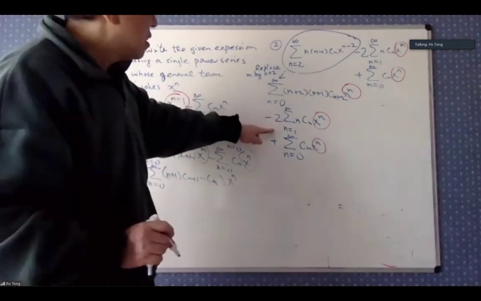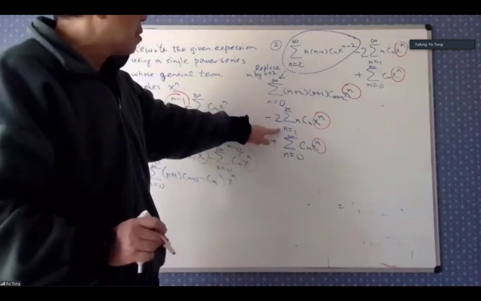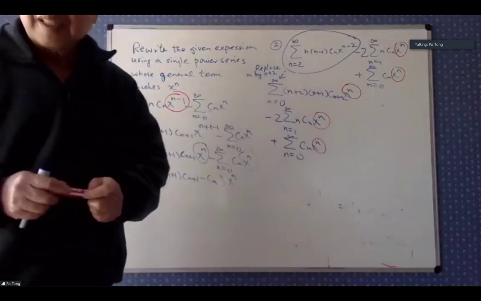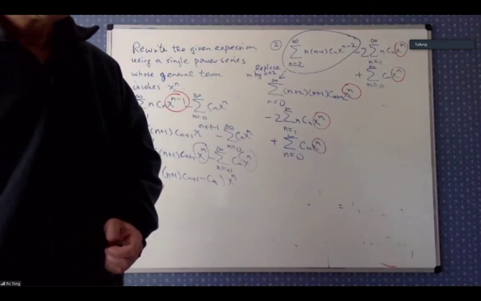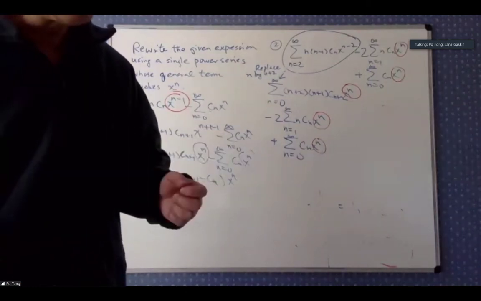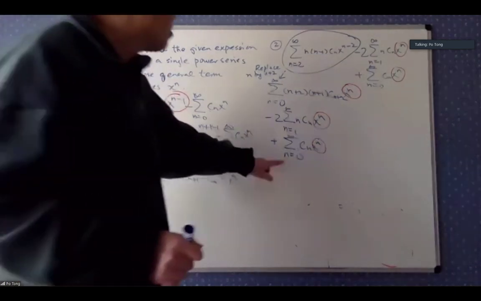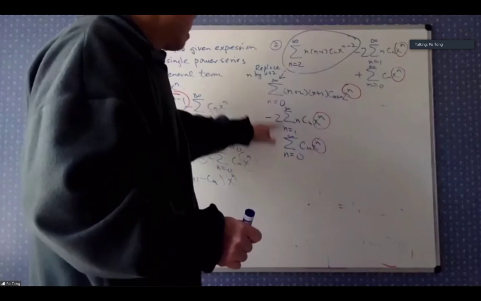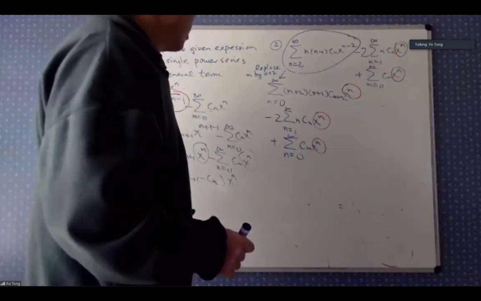Because here, this one starts with 0, this guy starts with 0, this guy starts with 1. Can you guys see that? You guys know what I'm talking about? So we have to single out the case n equal to 0. The case n equal to 0 needs to be singled out because